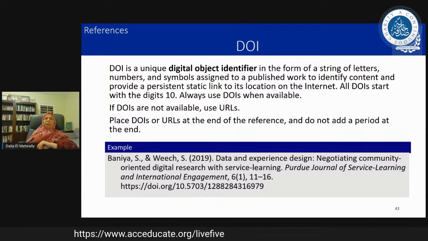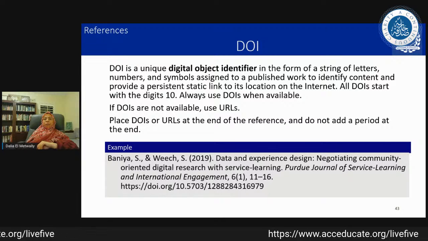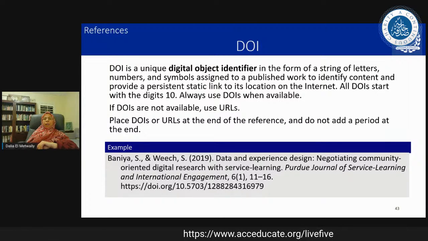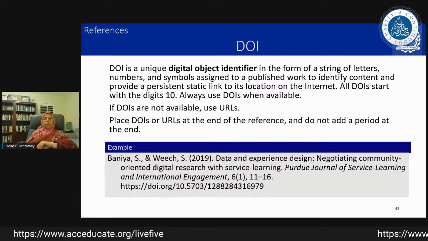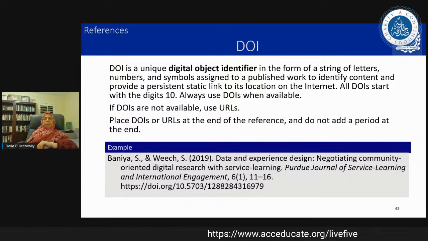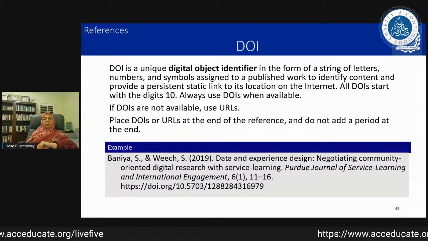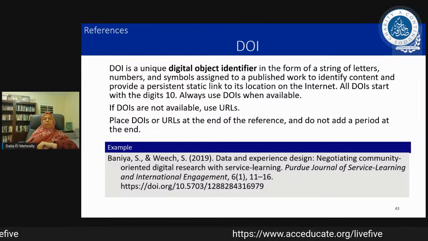But sometimes we don't have these, so we're going to be using URLs. I've got an example here where I'm showing you an actual DOI. I'm also showing you that hanging indent that we talked about. So you've got last name, first initial, comma, ampersand, last name, comma, first initial, period. Of course, we have a period after the first initial every single time.